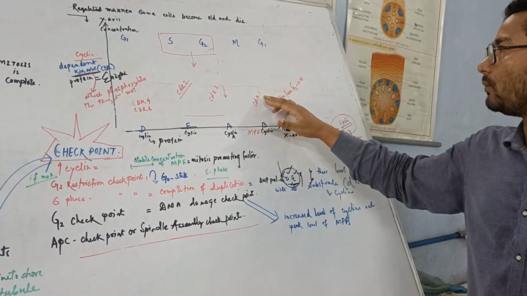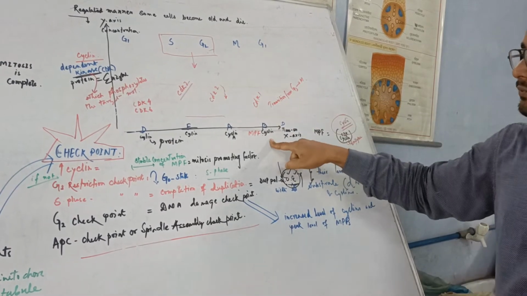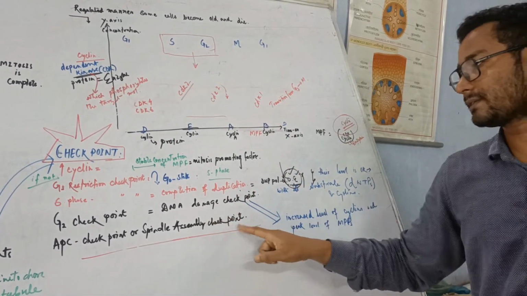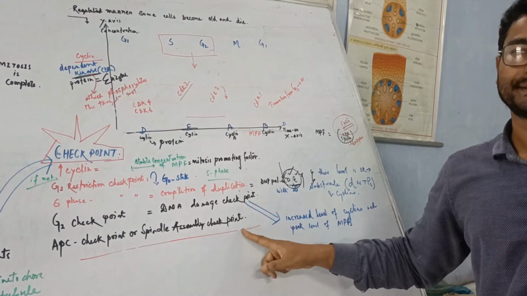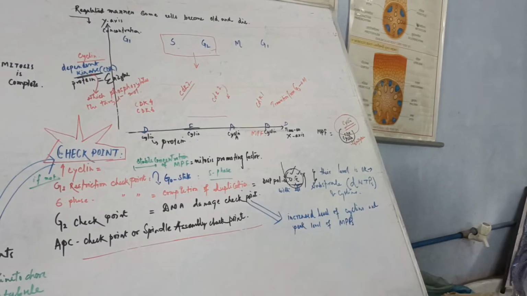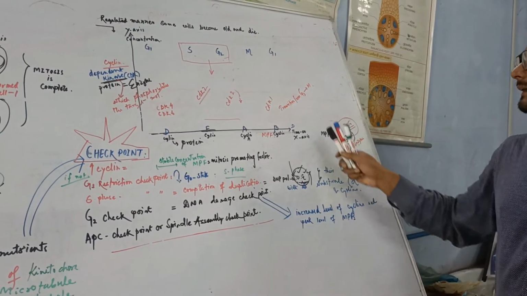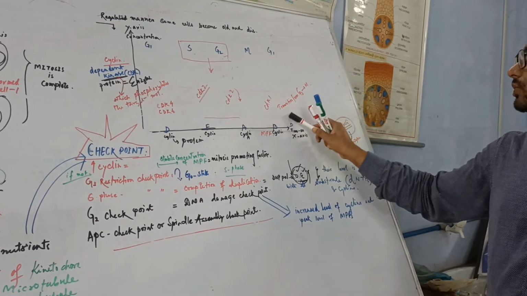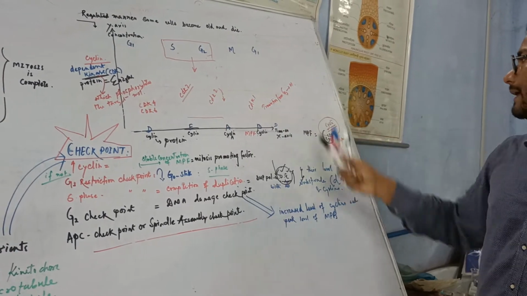So CDK1 in the M phase will assure whether the spindle assembly checkpoint has worked sufficiently. If everything goes fine, CDK1 will show the transition from G2 to M, and I have already discussed